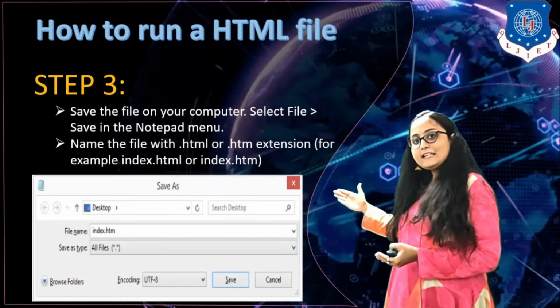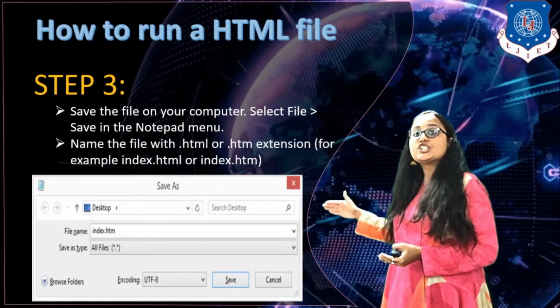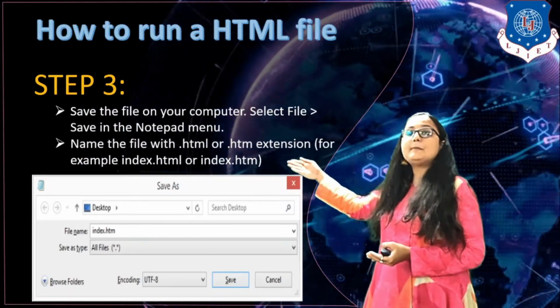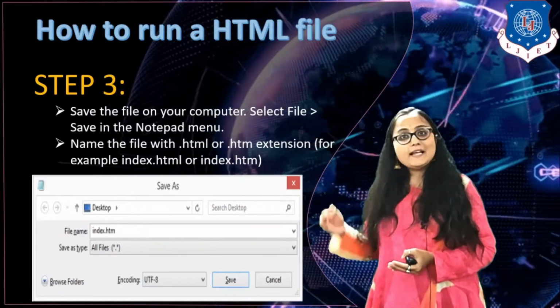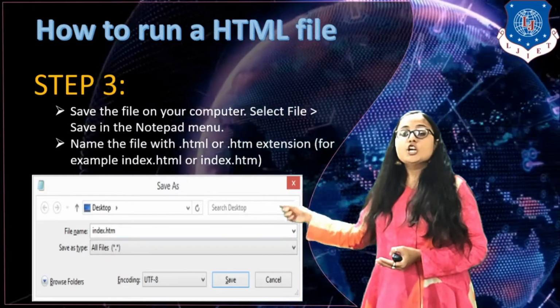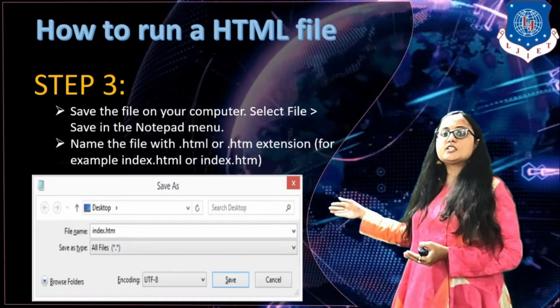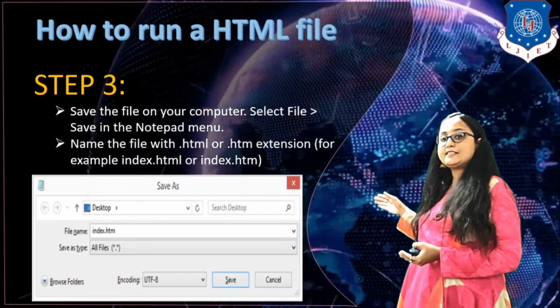So how will we get the desired result? By giving our file a .html or .htm extension. Both these extensions are accepted for an HTML file, that is, .html or .htm. Okay, so what is the third step? The third step is that you have to save your file using the .htm or .html extension.